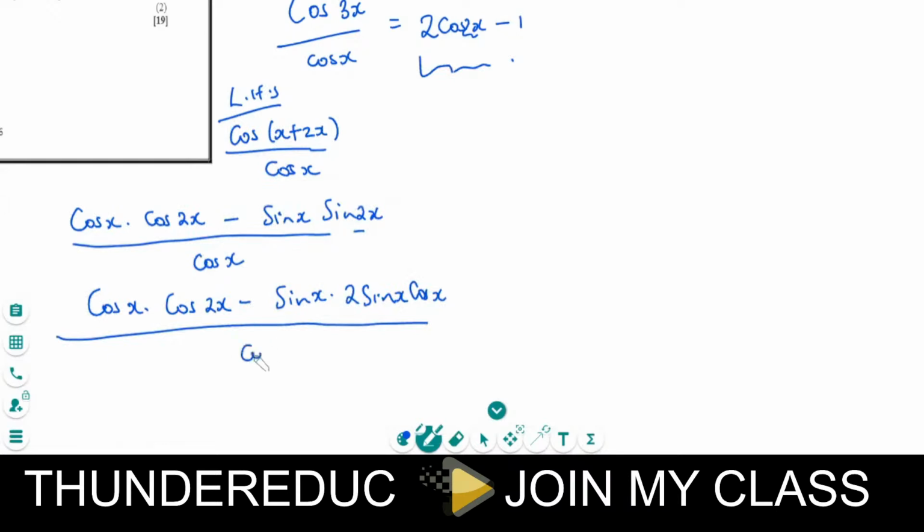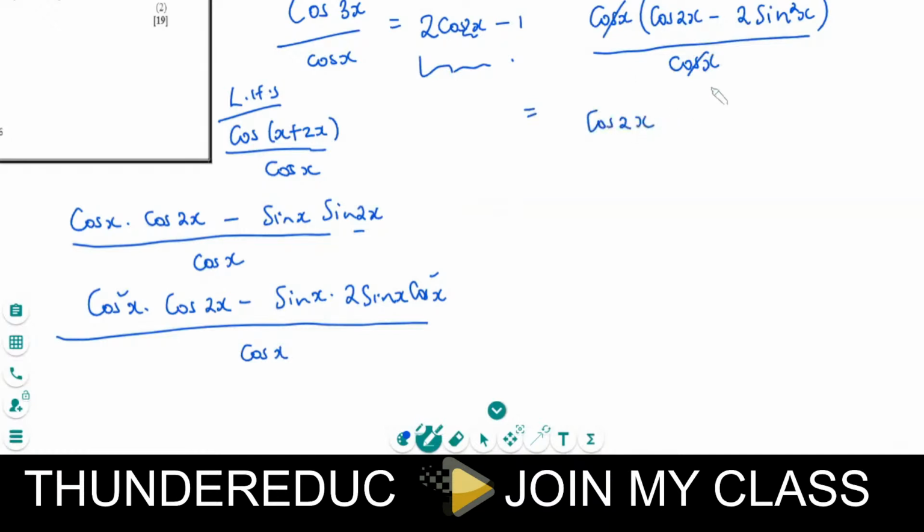Everything is over cos x. So from the numerators, I can see that there is a cos x here and a cos x there. I can factorize that out. So then I'm going to have cos x outside. I'll be left with the cos 2x minus 2 sine squared x. I'll divide this by the cos x. So this cos x will cancel that cos x. And then I'm left with